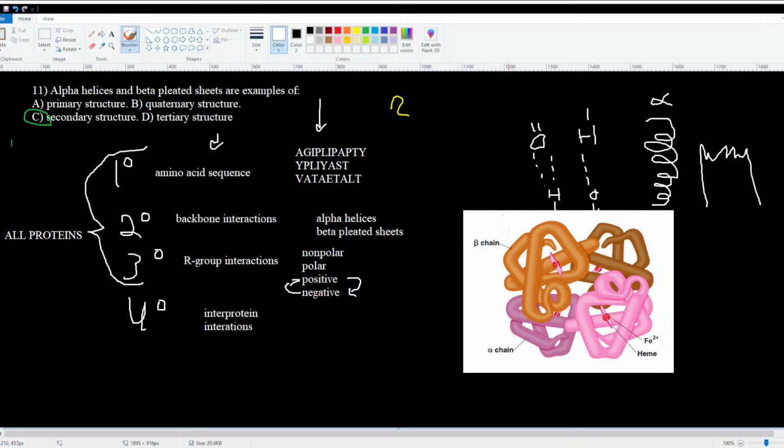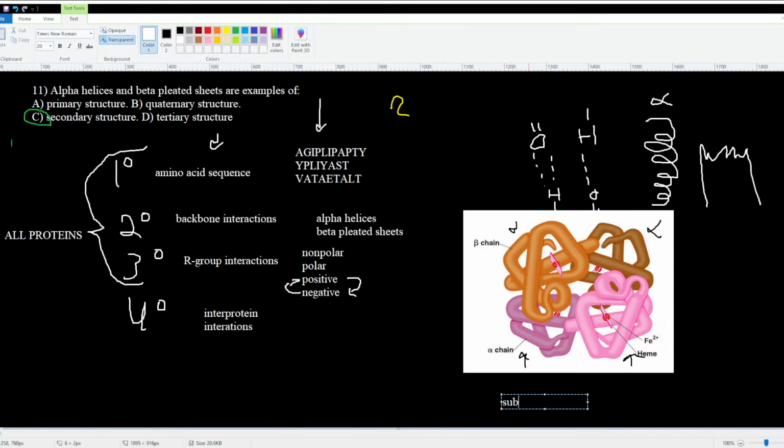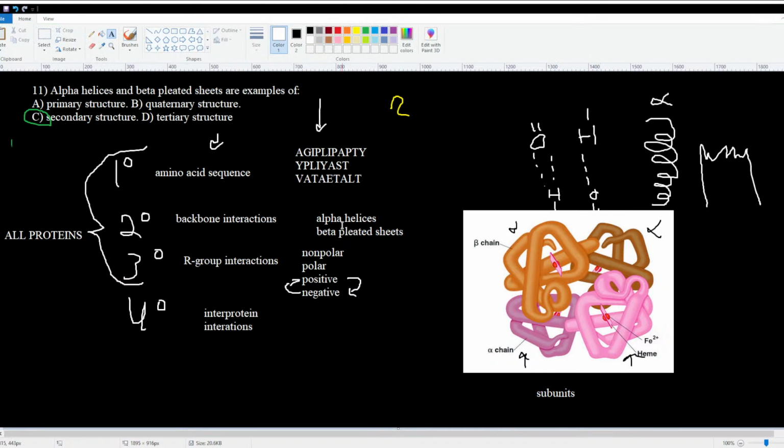Look at this. Each colored region is a different protein, and we call these subunits. So each one of these is a different protein. This orange one is one protein, this brown one is one protein, this purple one is one, and this pink one is one. But the difference between this protein and the one I showed you previously is that the